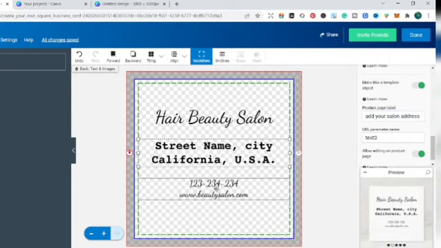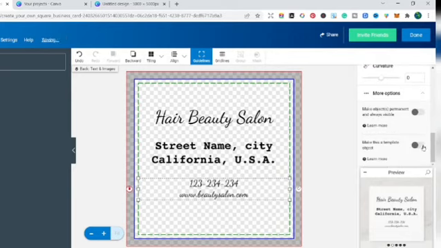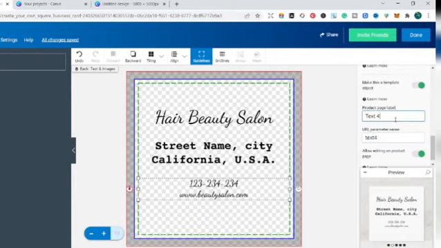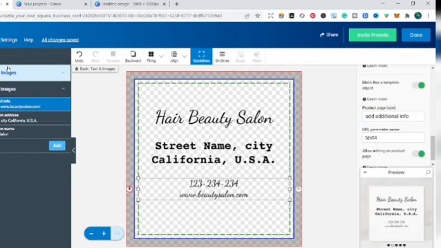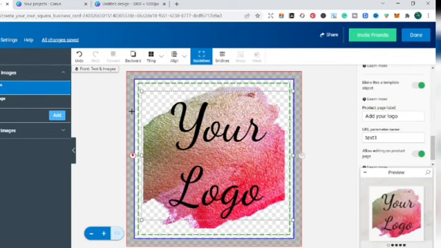Okay, and then I'm going to click over here on this particular option. This is additional information, so I'm just going to write add additional information. I mean, you can be creative, guys. You can write a lot of stuff over here. You can write social media links or email address. You can do a lot of stuff over here. But this is a simple, very simple way to create a business card in Zazzle as your product,